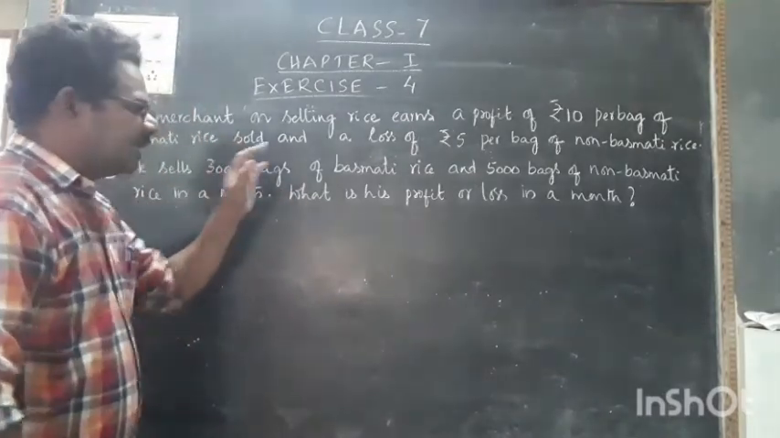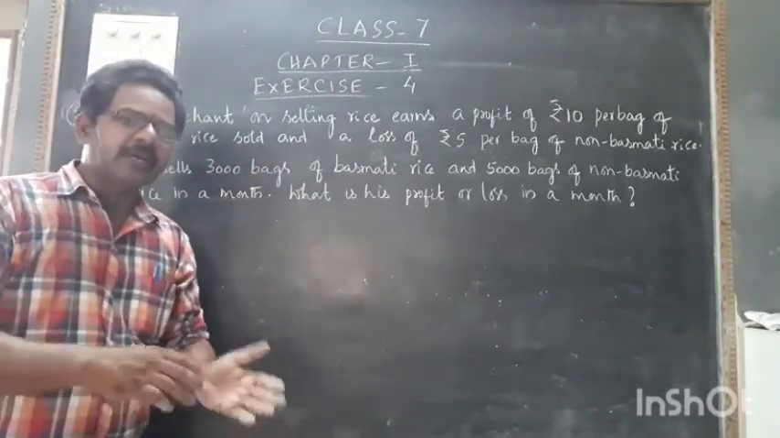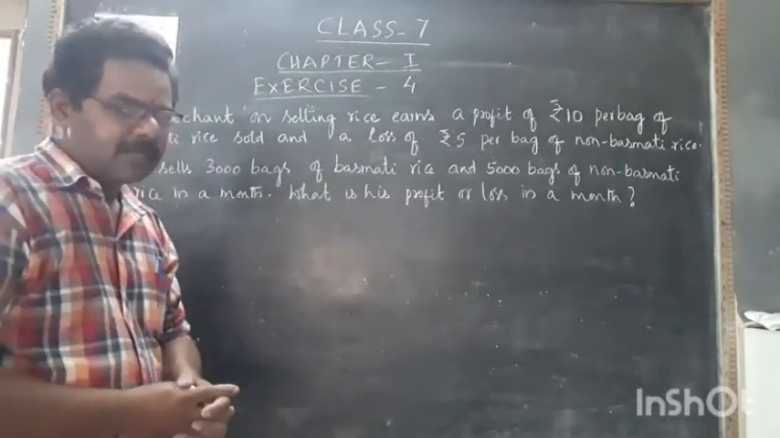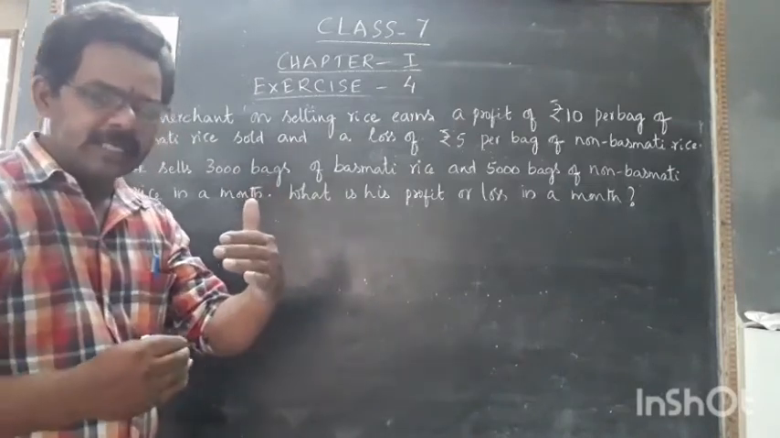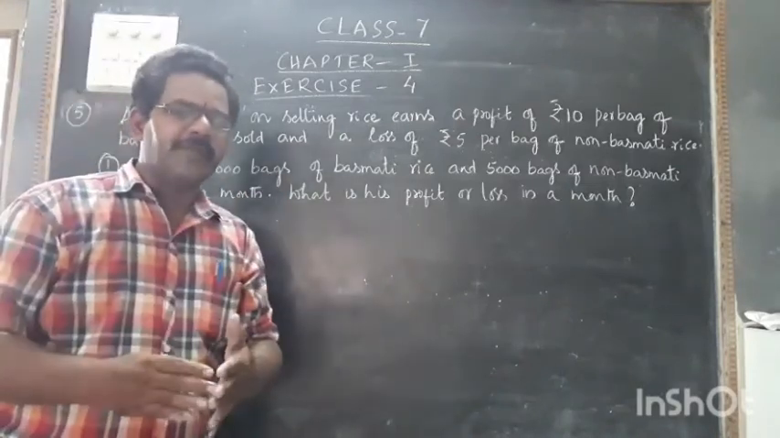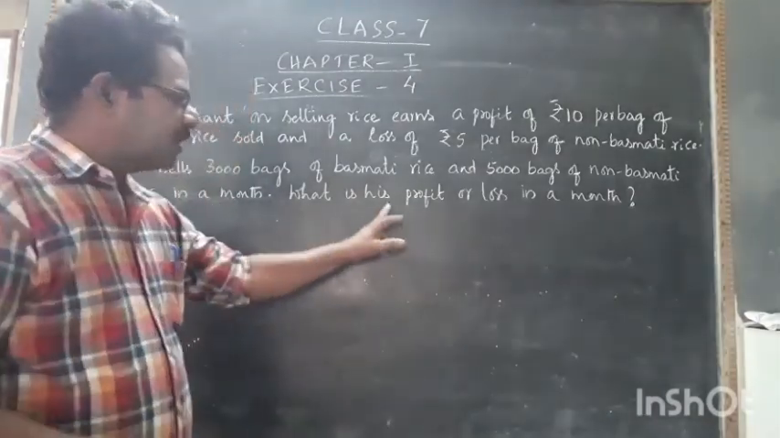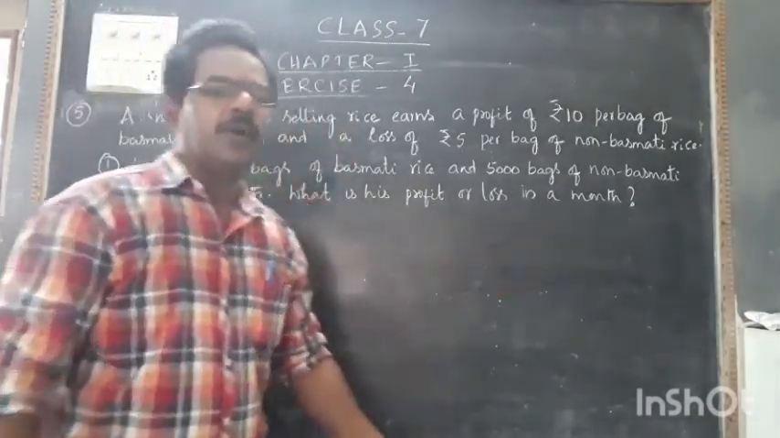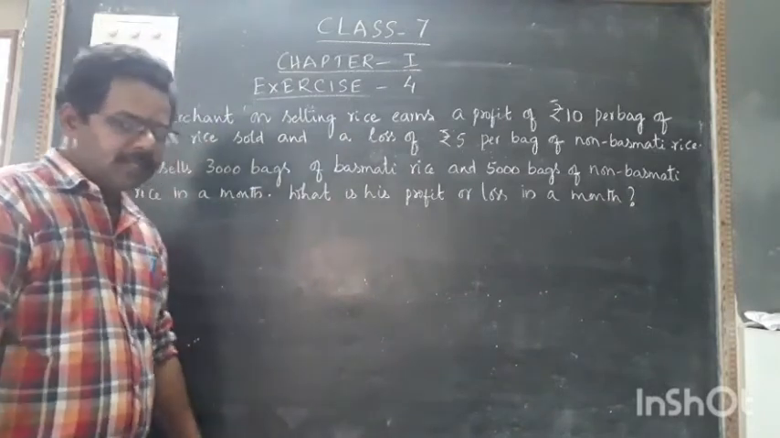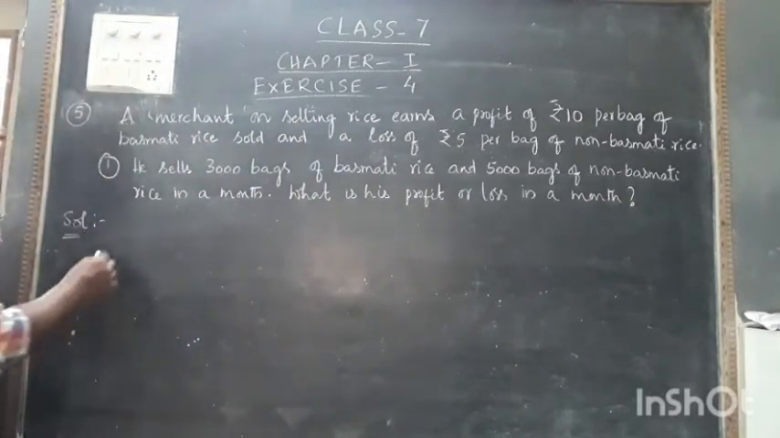Totally here he is getting 30,000 rupees profit and 25,000 rupees loss. So profit is bigger and loss is lesser. 30,000 minus 25,000 we can get 5,000. So finally, his profit or loss in a month is equal to 5,000 rupees profit. Understand? So for this solution,